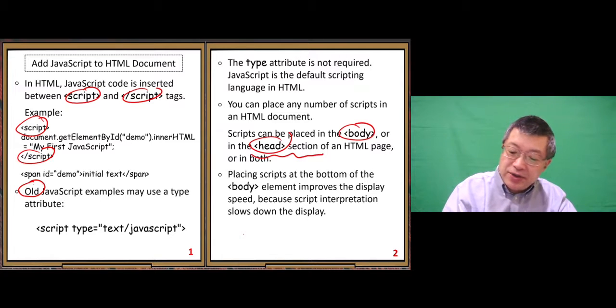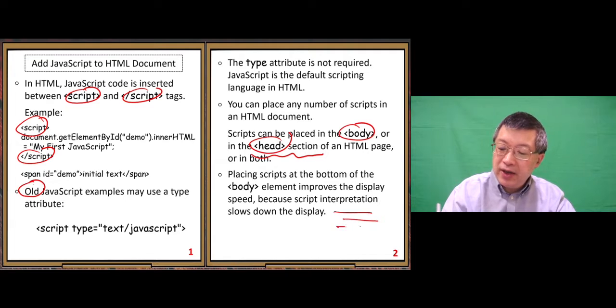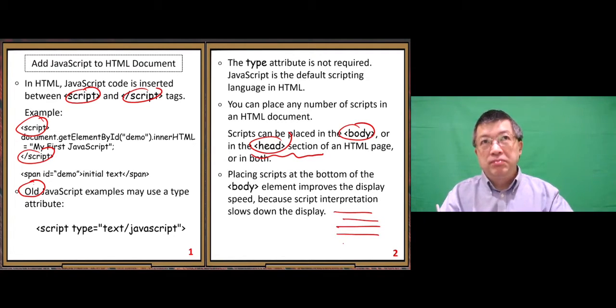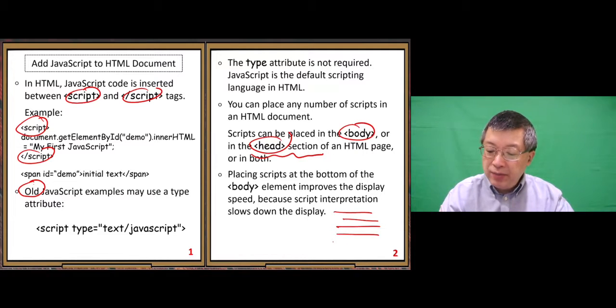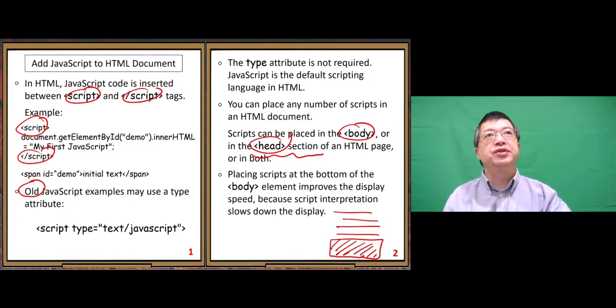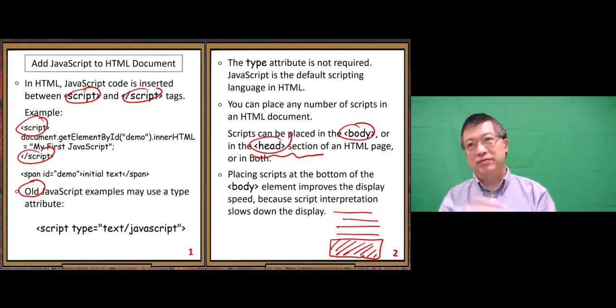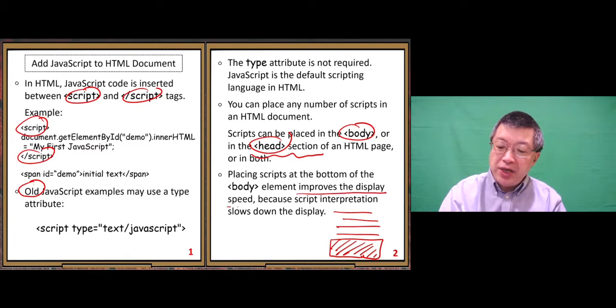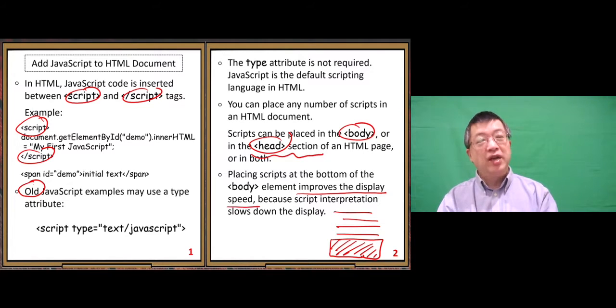Suppose you have a long document. Then some programmers like to put the JavaScript at the bottom of the page, at the end of the page. Their argument is like this, and it makes sense. It improves display speed. Why? This way can improve display